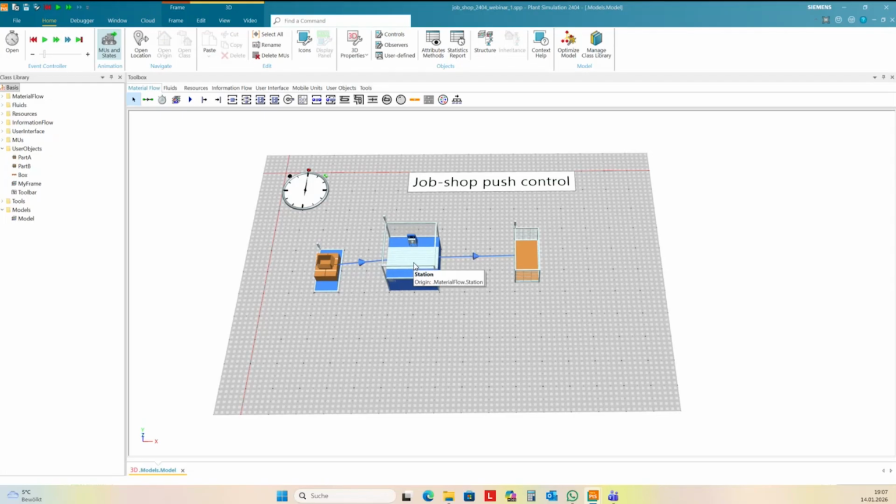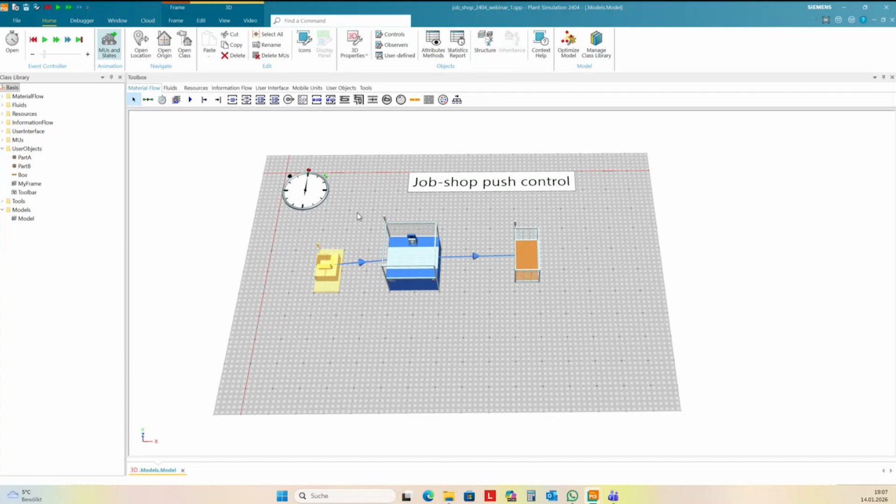It will push the parts to the successor, and the same from the station to the train. If the train is empty and can receive a part, then the finished part will be pushed to the train. So the push control, this is the main type of control in plant simulation.